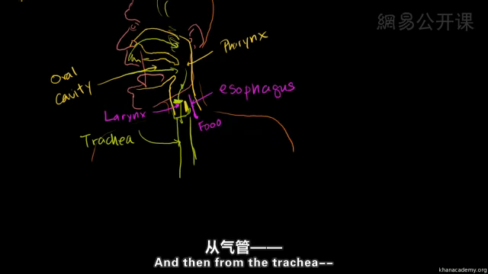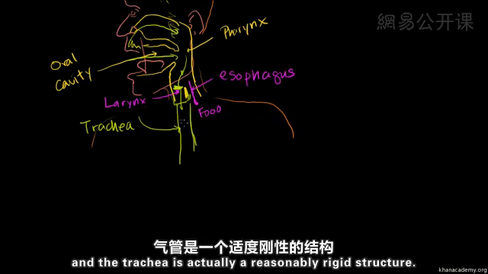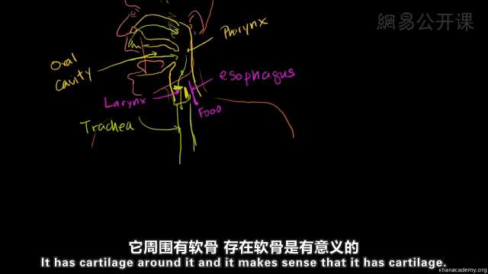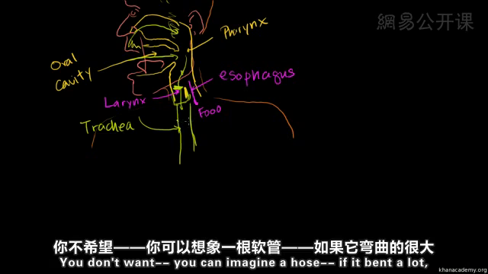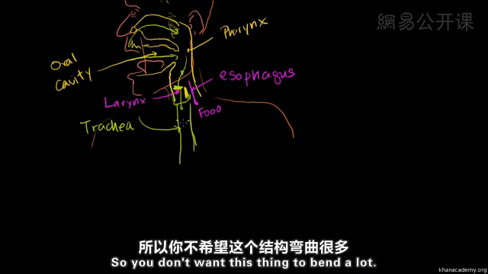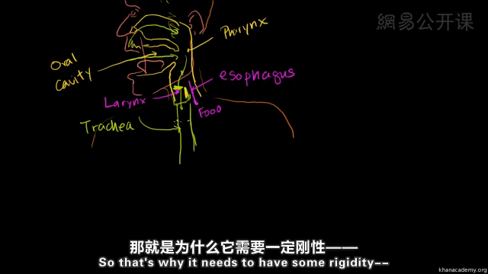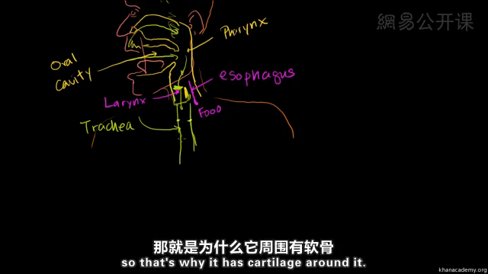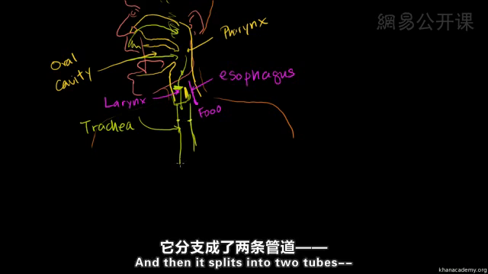And then from the trachea, and the trachea is actually a reasonably rigid structure. It has cartilage around it. And it makes sense that it has cartilage. You can imagine a hose, if it bent a lot, you wouldn't be able to get a lot of water through it or a lot of air through it. So you don't want this thing to bend a lot. So that's why it needs to have some rigidity. So that's why it has cartilage around it. And then it splits